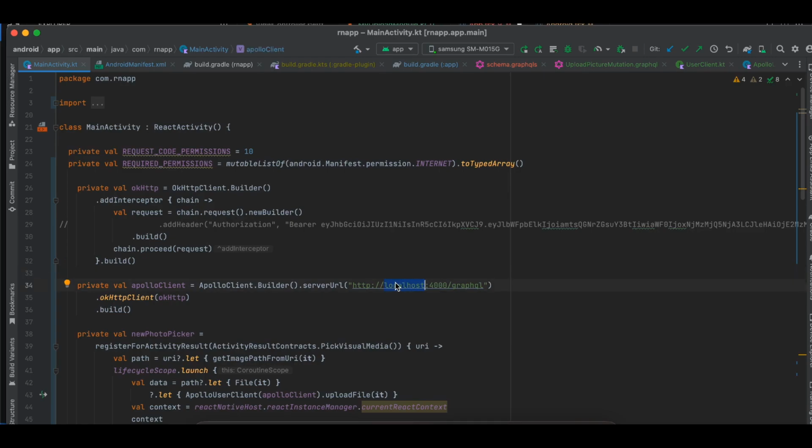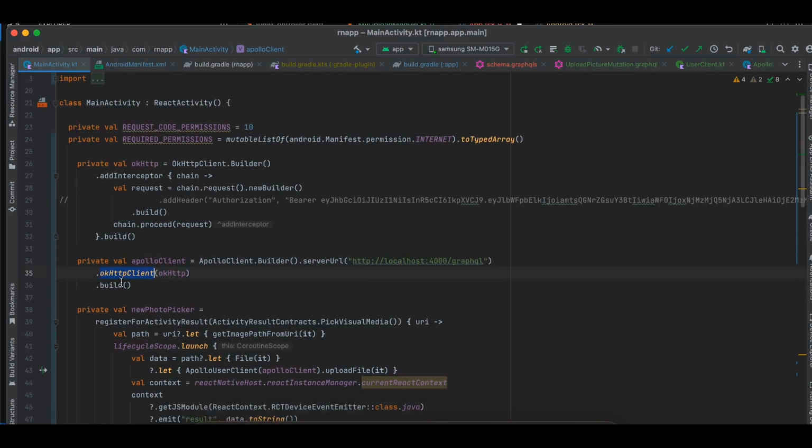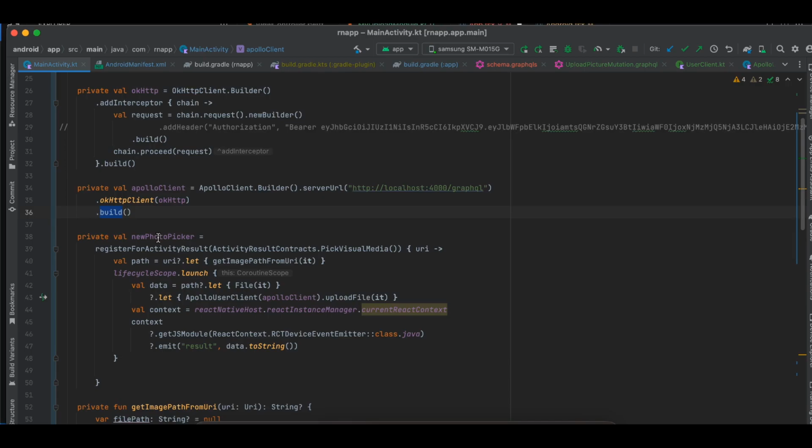And otherwise, if you are trying to run it on the emulator, you can't use localhost. You might have to Google it. I think it is something like 10.0.2.2 something. And here we are passing our OkHttp client, and then we are calling the build method. Then we are creating our new